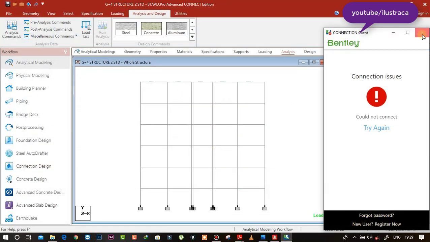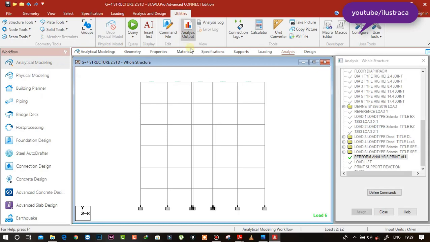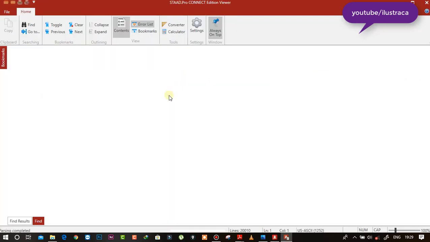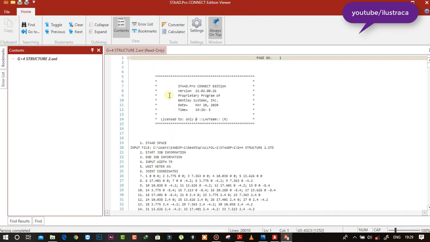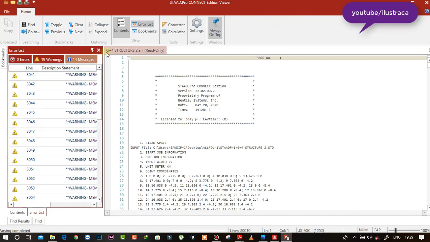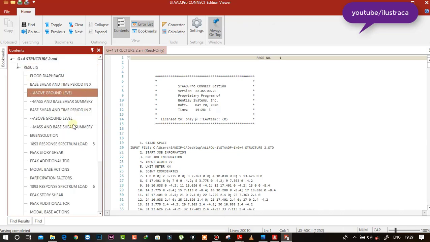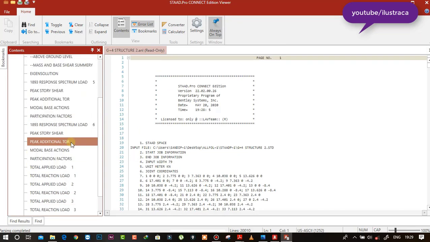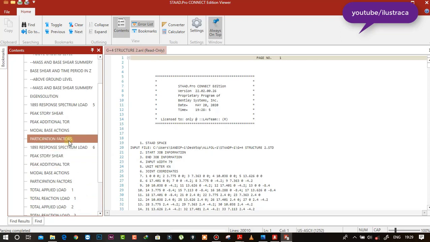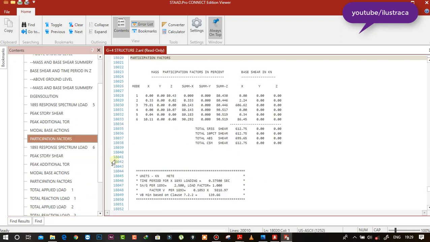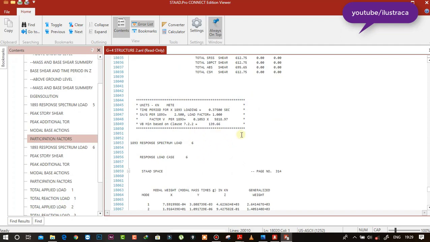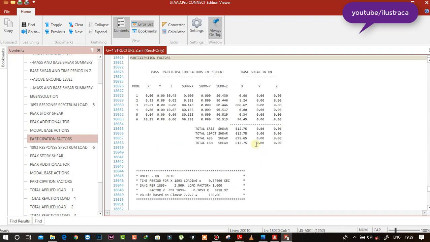Let's close it, and it is analysis output. Yeah, so here I'll be checking the participation factor now. So you can see we are not getting any scale factor. Now we need to check the modal participation.